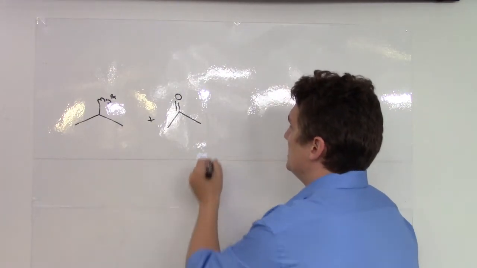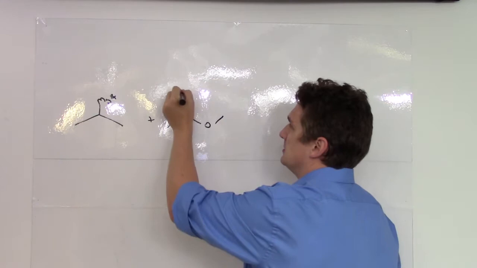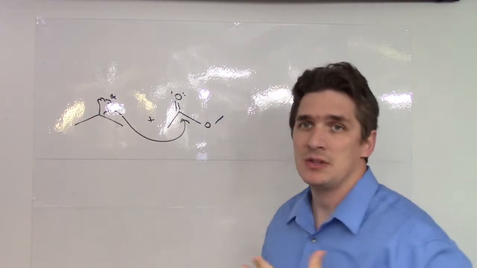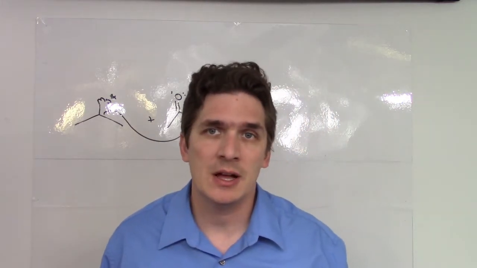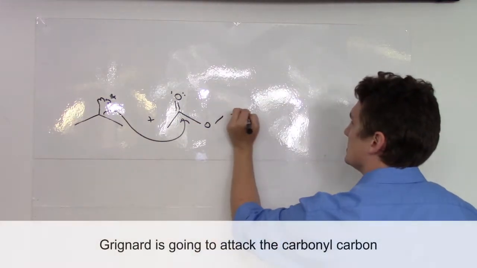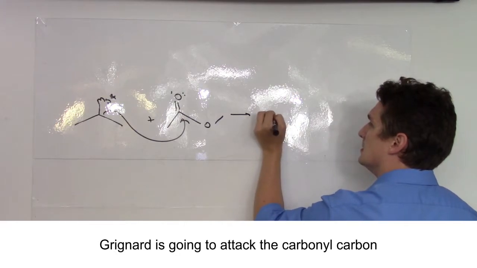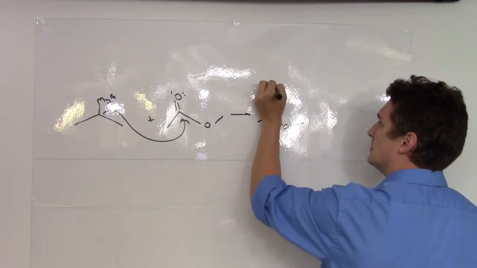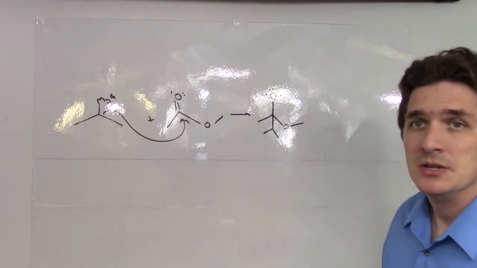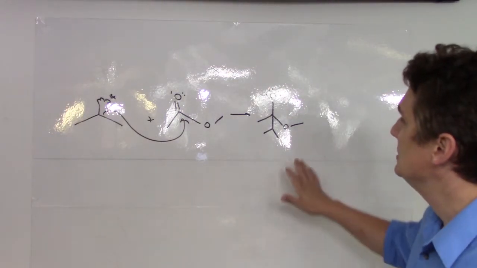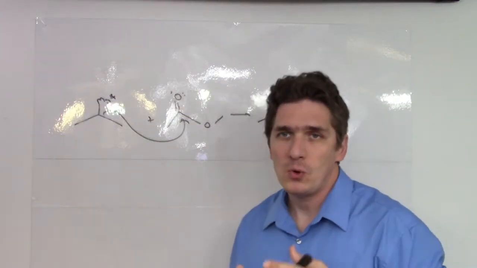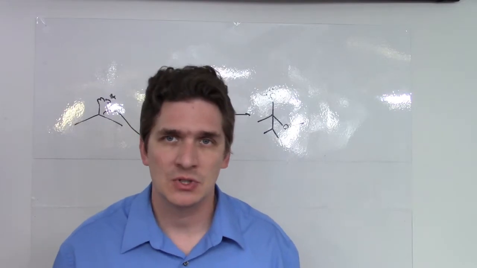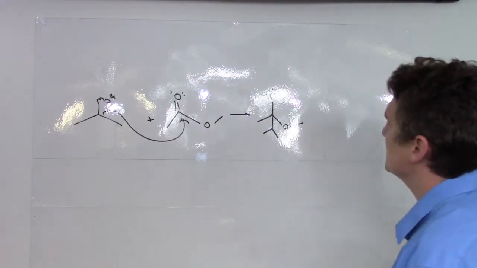Well, what happens then if I create the ester? We're still going to start out the same. Our Grignard is going to attack the carbonyl oxygen, and it's going to give us, it's kind of a weird compound here. So we're going to get the alkoxide like we did before. But before we didn't have an oxygen bound to the carbon. So what's going to happen next